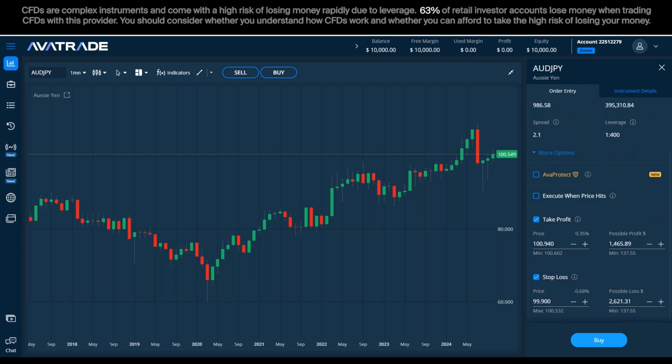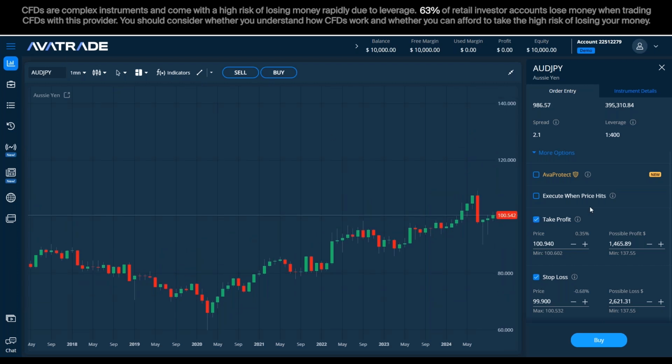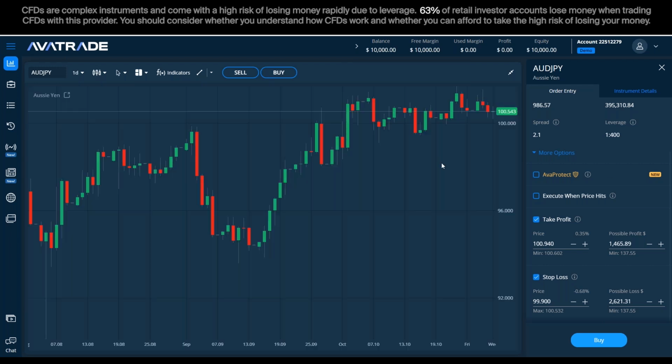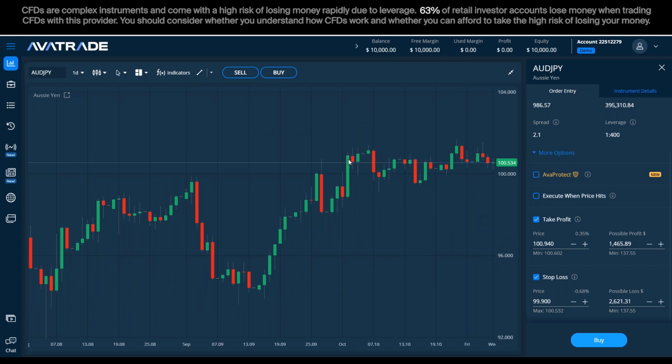There is a question here from Ben. What are signals? I'm explaining exactly that. So the take profit and stop loss that are marked here on the chart basically allows me to capture in advance a price for the platform to remember. And when it's going to reach those levels,